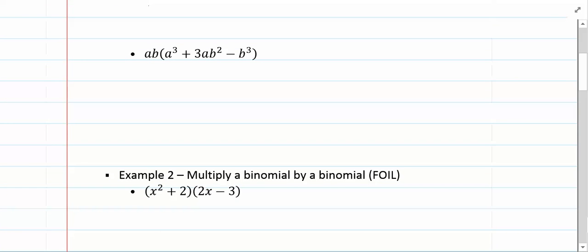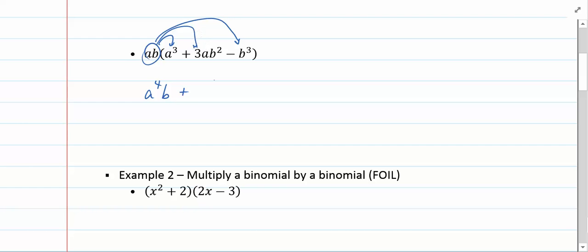For the next example, even though we have multiple variables, we can still distribute. So ab multiplies by this term, and by this term here. When I multiply this first term, only the a's can combine as far as increasing their exponent. So ab times a cubed would result in a to the 4th times b,